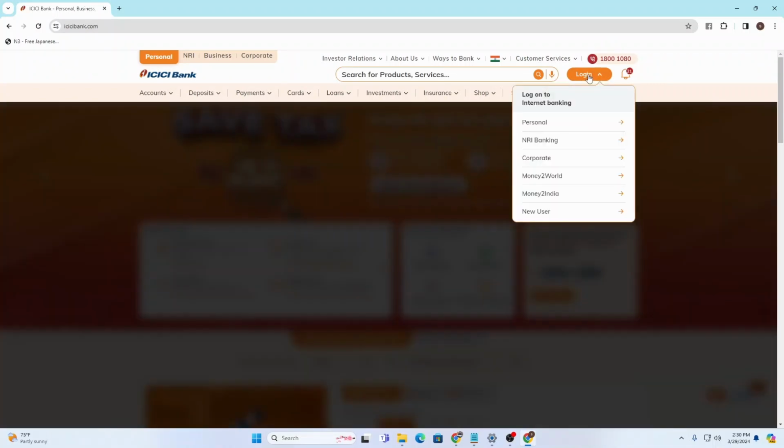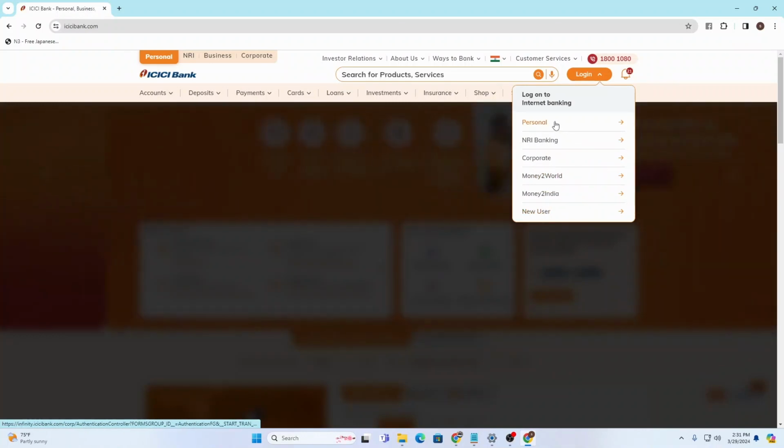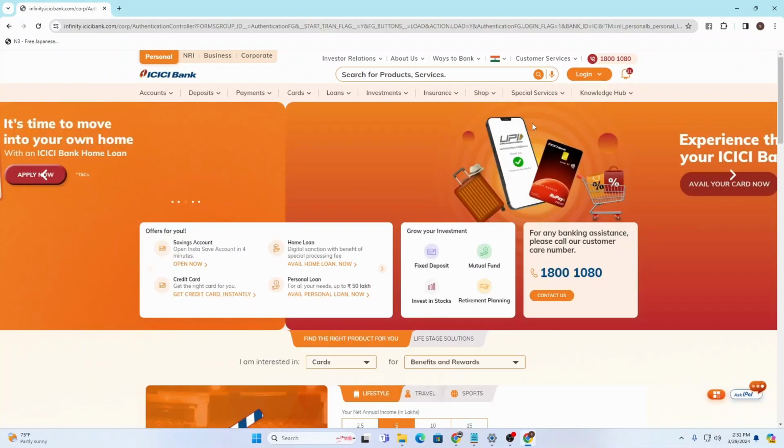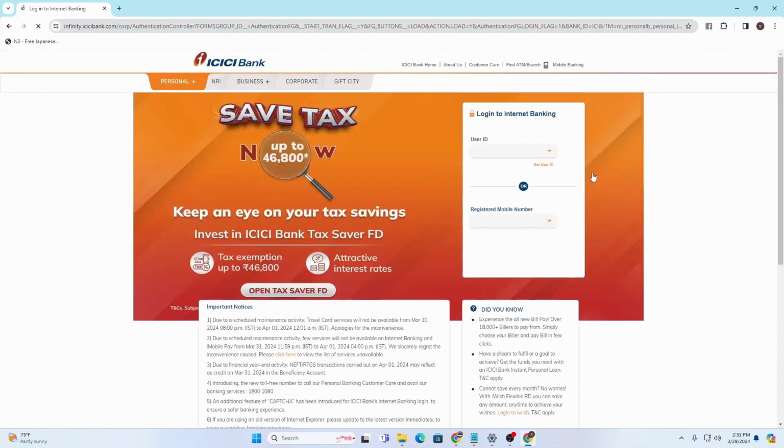And when we hover over there are a bunch of options available for us. Now in order to log into your account, choose the category of your account. For me it is the personal one, so I'll be clicking on personal, and let's let this page load guys. And over here guys, when the page loads, you'll be required to enter a user ID of your account, whichever it may be,